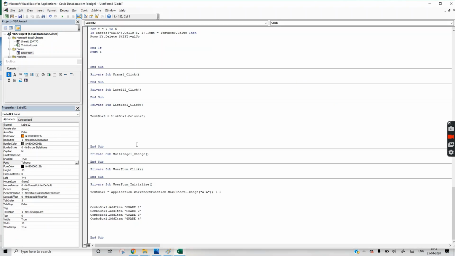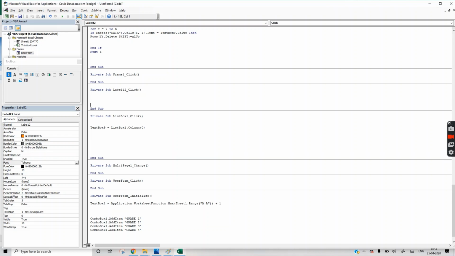So we will do the reverse of what we have done earlier. Which is what we will do: close the user form.